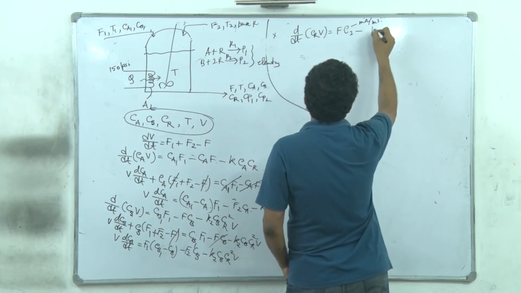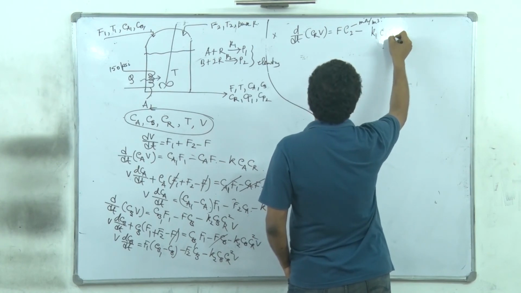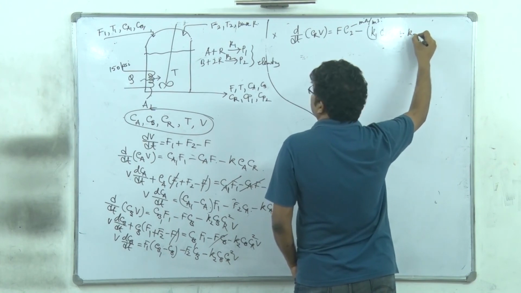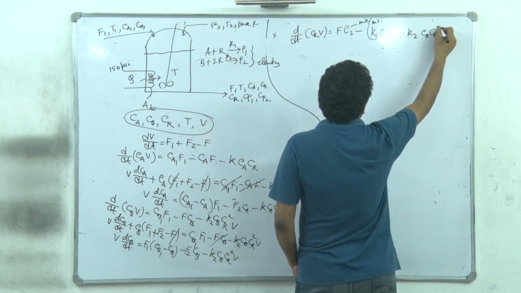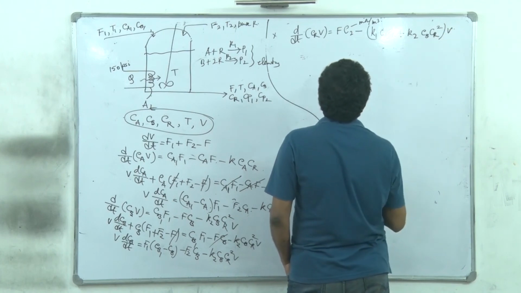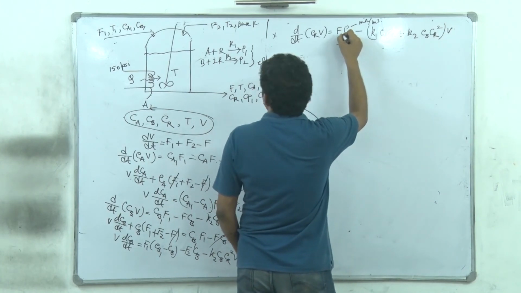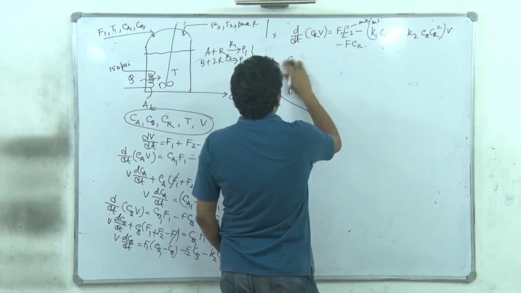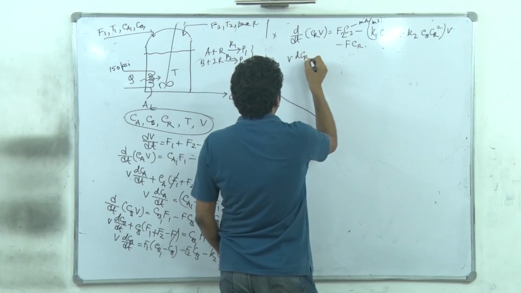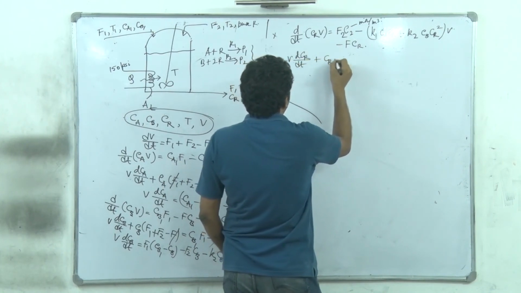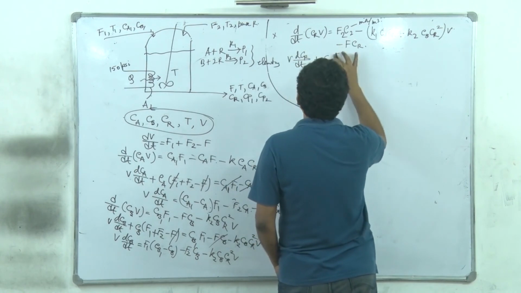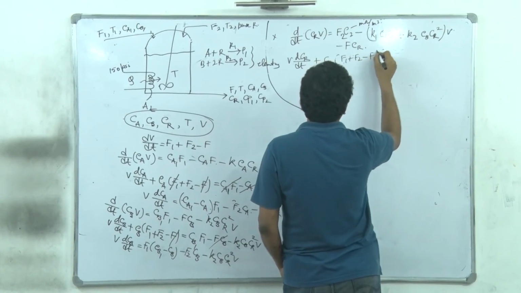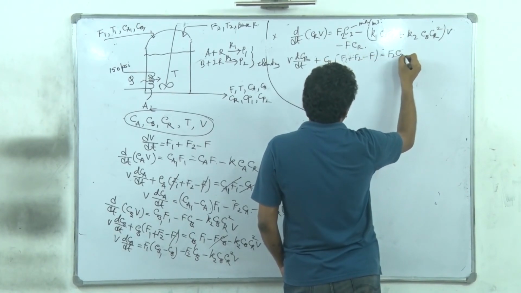It's participating in both the reactions. So K1CaCr plus, within bracket, K2CbCr square into V, minus, this is F2Cr, right? So Cr, or rather V into dCr dt plus Cr within bracket dV dt. dV dt is again F1 plus F2 minus F